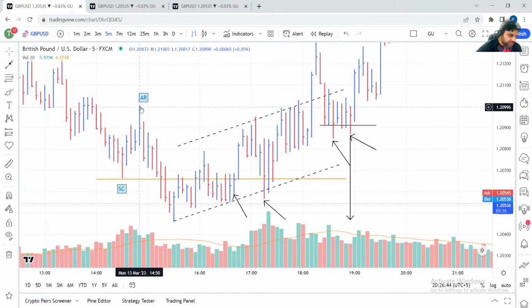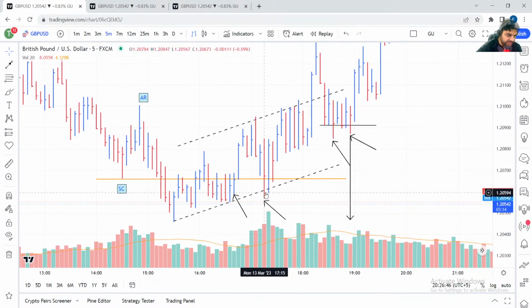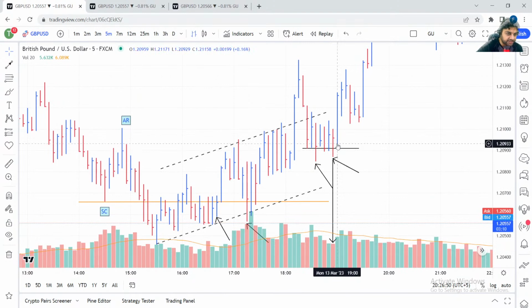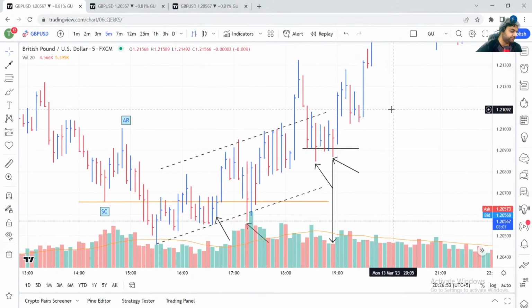This is selling climax, automatic rally, secondary test, another secondary test, and then jump across the creek, back up to the edge of the creek, and another trading opportunity, and boom, going up again.